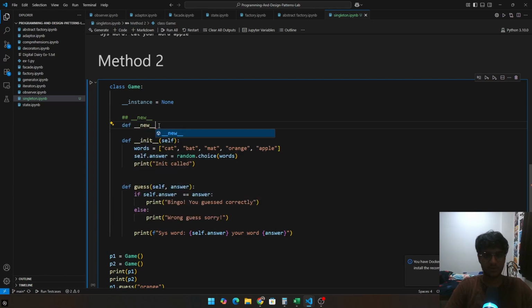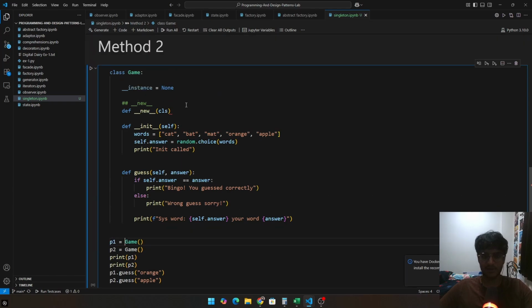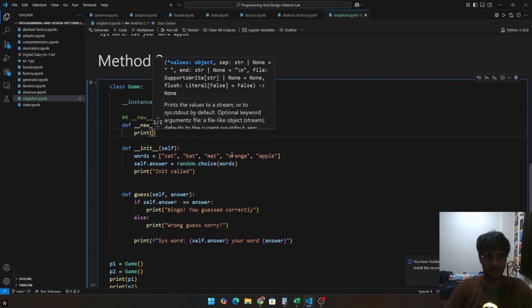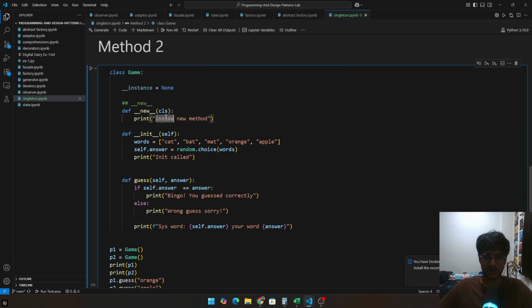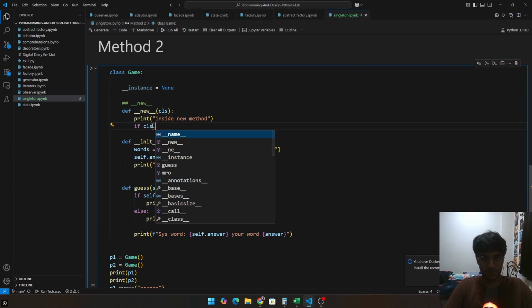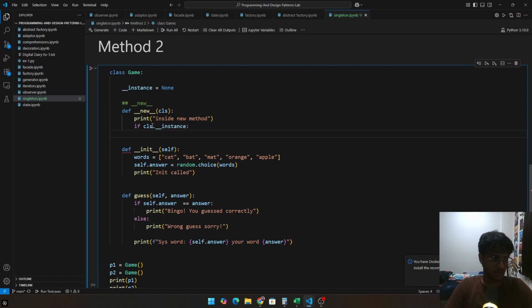So I'm going to define new of cls. This is because we're going to instantiate something like this. So what happens is actually the new method is called with our class passed as a parameter. So that is what is happening here. So what we will do here is, let's first print that we are inside the new method, because we can say that this method ran before our init is called. Okay, now we can then say if this class, that is whatever class we're calling, if that class has the instance variable already populated, so dot instance, we can simply go ahead and